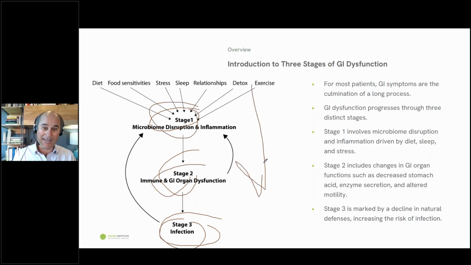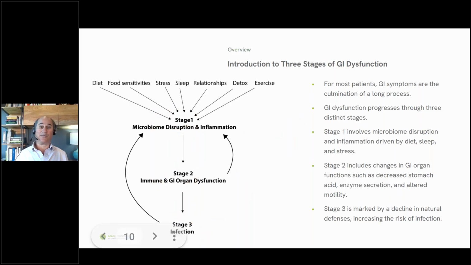You can go either way. You can treat that way or you can treat that way, depending on the patient and how aggressive you want to be. So that's another reason why I like this, because it gives you some flexibility and reality and actually how to treat people. There's no one order that's going to work all the time.